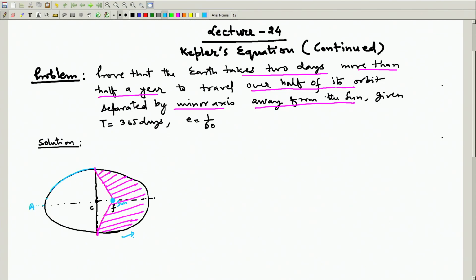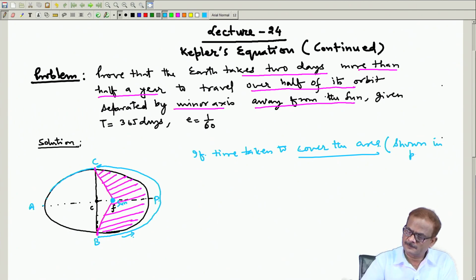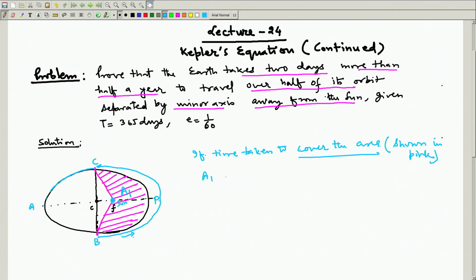So, let us say this is A, this is P, and we can write this as A, B, P, and we will write here F and C. We name this as C. The time taken to cover or sweep the area means suppose the satellite starts from this place and goes all the way up to here, starting from B and going to C. Let us say it covers the area shown in pink, and we will note this area as A 1. So, the time taken to cover the area A 1 is T 1,